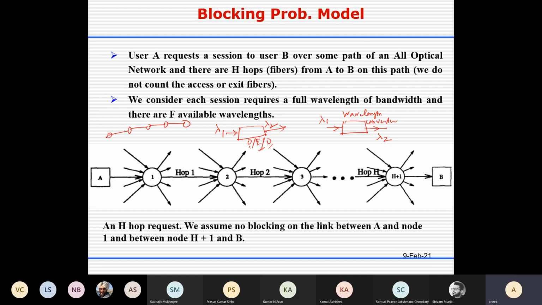So let's say this is my source node. This is my destination node. So you are required to set up a light path. So you know the physical path. Let's say you are going to use this physical path. So we have studied that RWA problem. So in an RWA problem, your route is known. So basically, it's not RWA, it's basically a wavelength assignment problem.